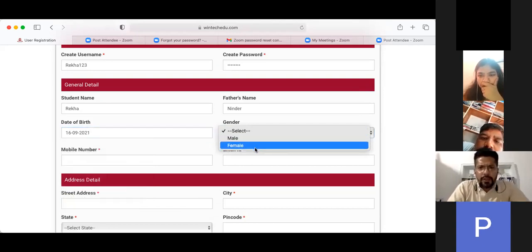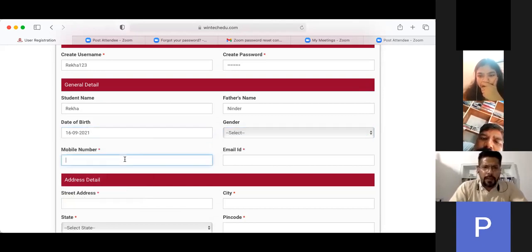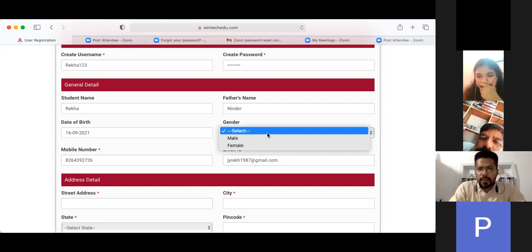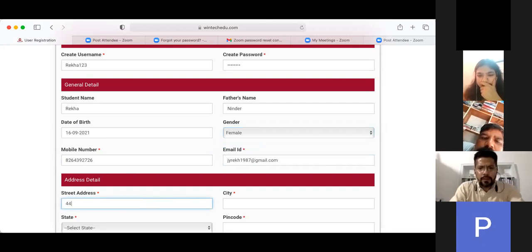So the number I'm going to put is 82643927 and 26. Email could be anyone @gmail.com. Select gender also. Okay, gender is female. So now the address is 448.